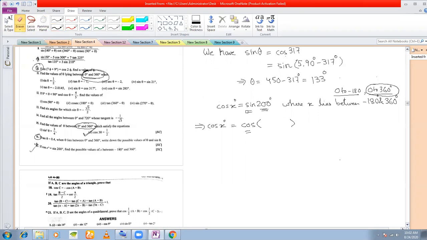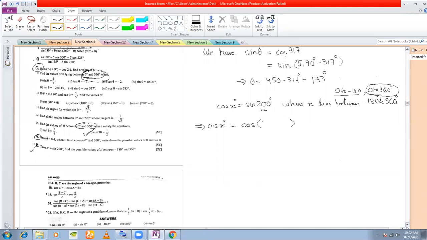These two things you will have to bear in mind. Whatever angle you write, the cos of that angle has to be positive, because I have 200 as positive. And in which quadrant is cos positive? Cos is positive in the first and the fourth quadrant, right? So let us try out our solutions. Now, first I've changed this to cos.